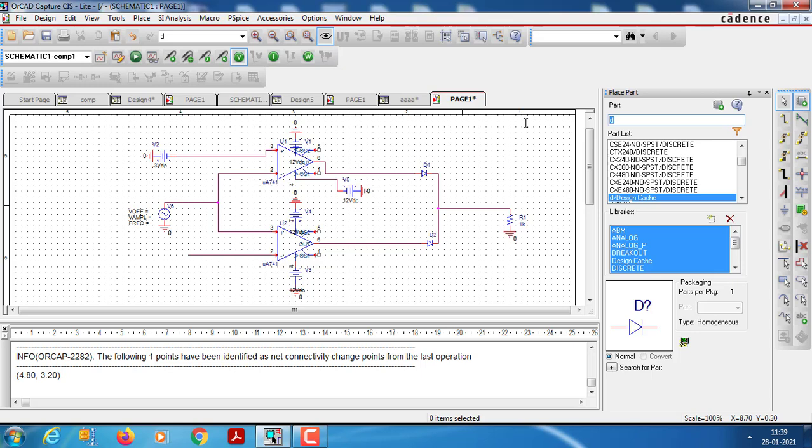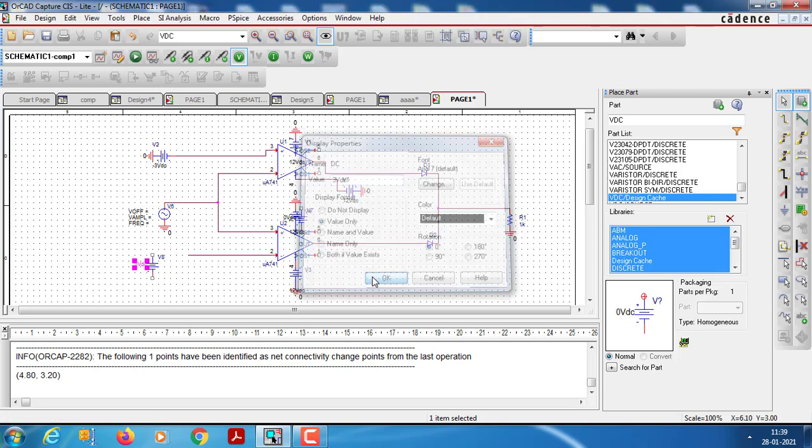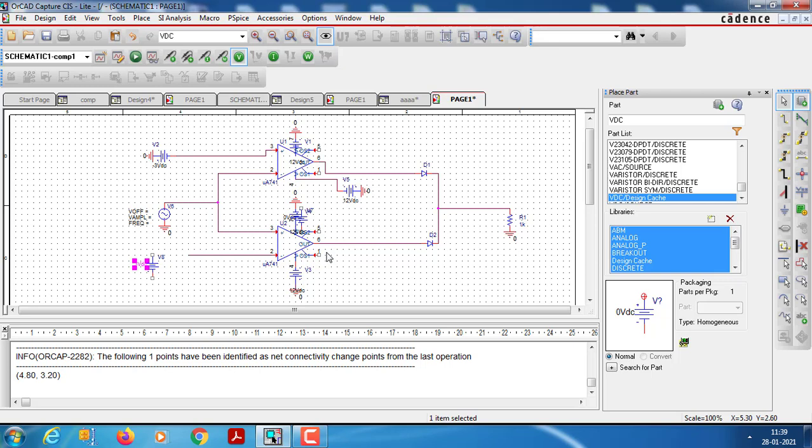Then VDC. So this will be 3 volts. The other end will be grounded.